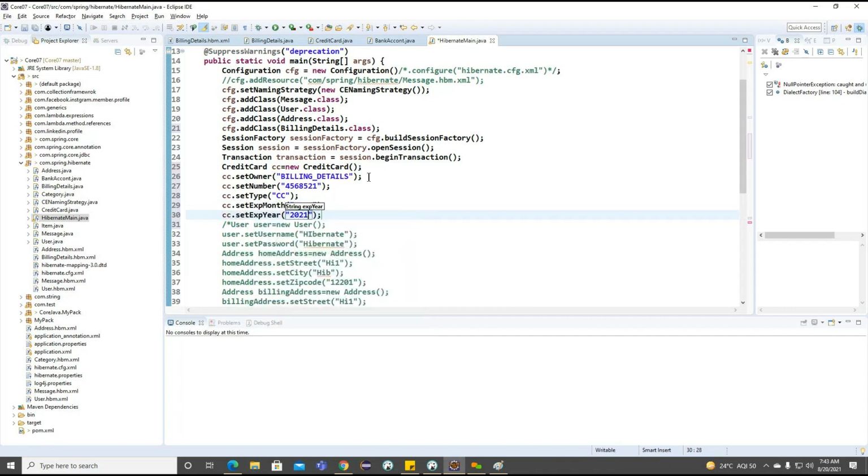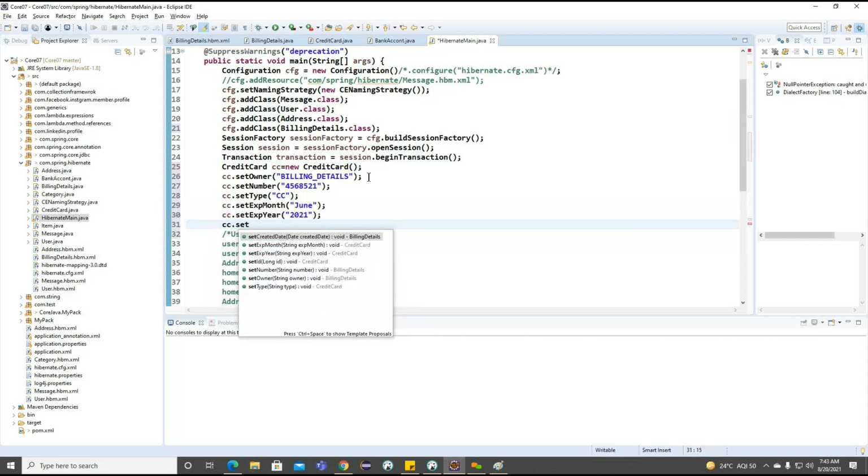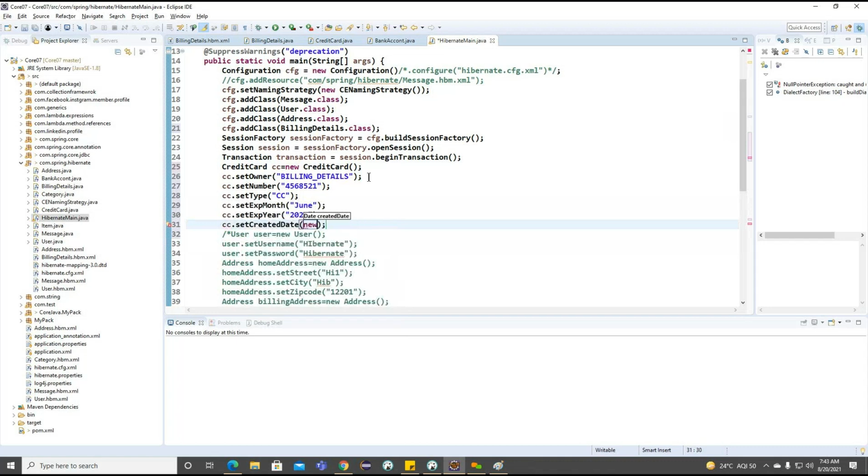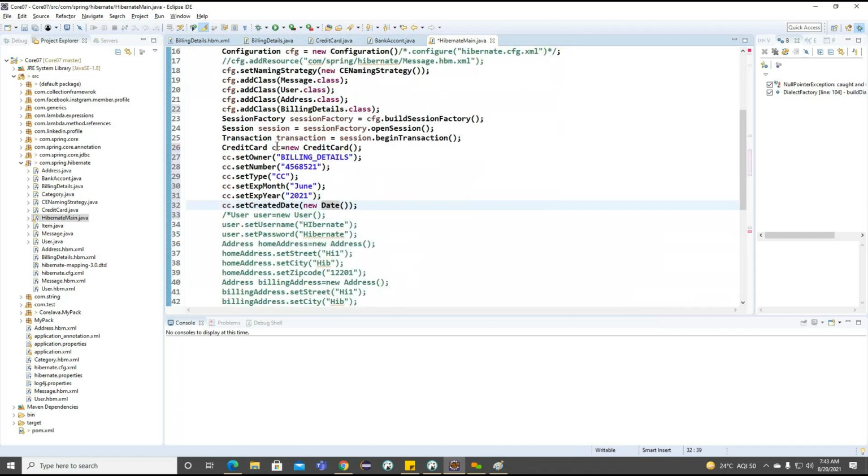Expire year 2021. And cc dot set created date. Today's date we are going to give. We'll provide today's date here.